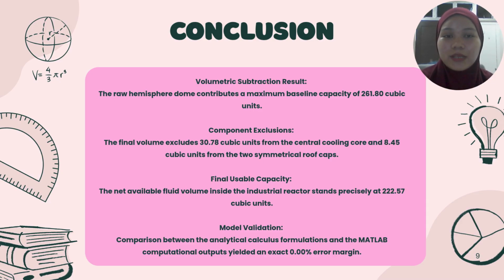After excluding the 30.78 cubic units displaced by the central cooling core and further subtracting the 8.45 cubic units trimmed away by the twin slope roof plane, our final net usable fluid capacity is precisely